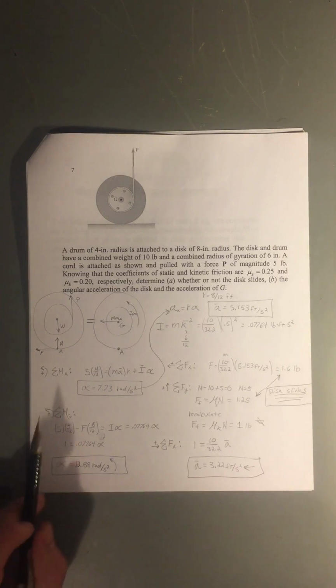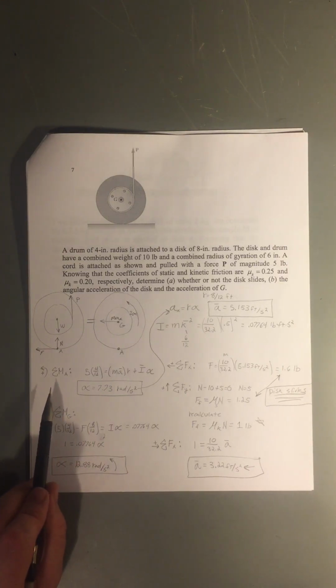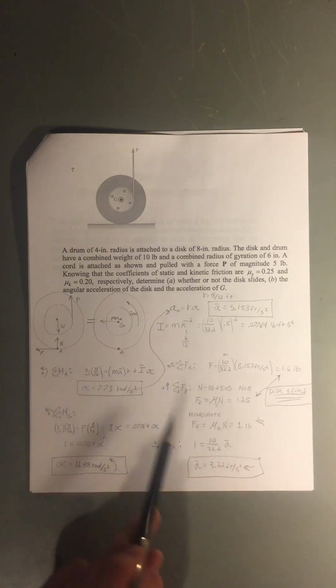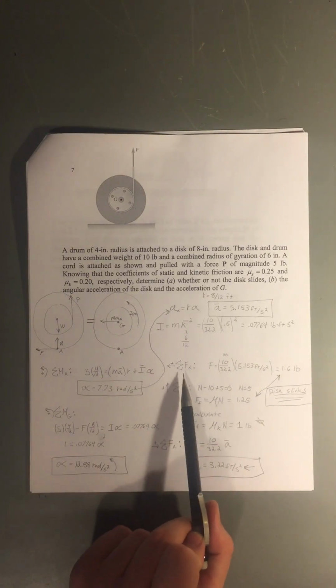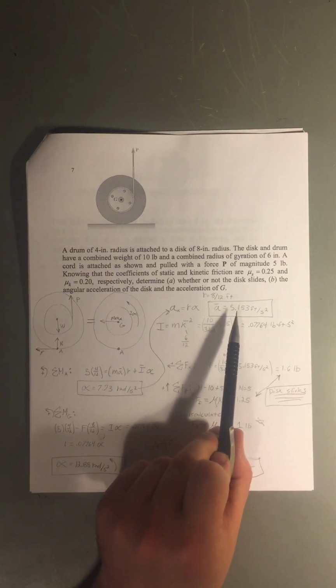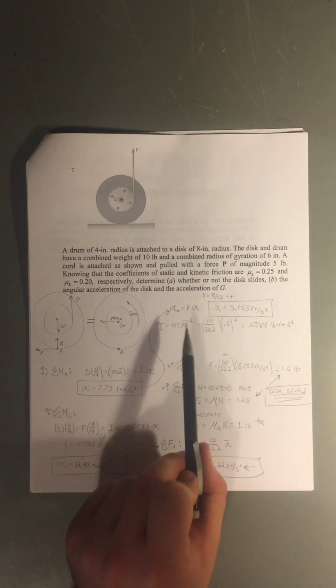And then once we've taken a moment, we can also take our equations for force in the x and y direction. And so if we apply some of the forces in the x direction, we have just this force F here is our only unknown, and that has to equal mass times acceleration. And so using the acceleration that we calculated here, that we got from plugging alpha in,